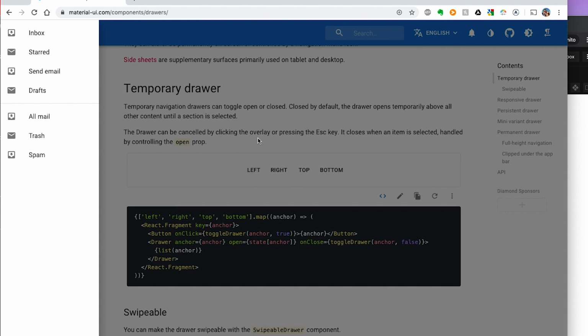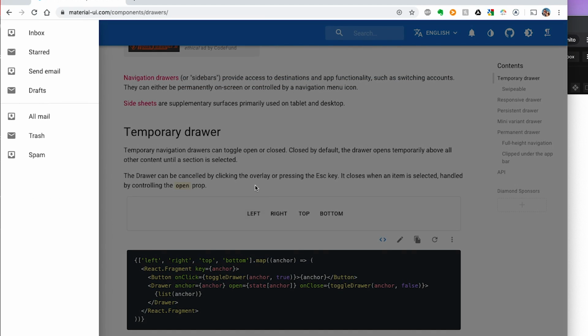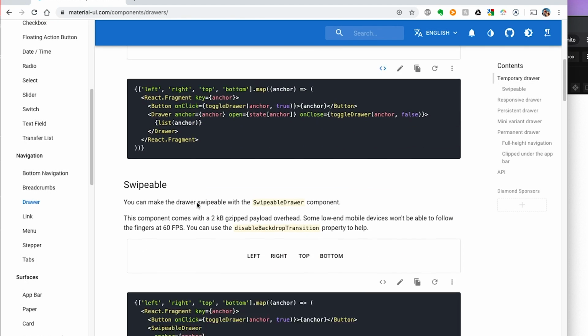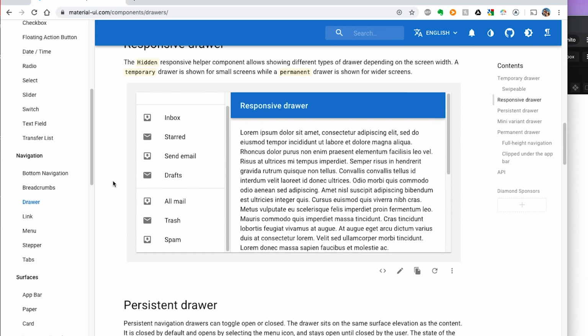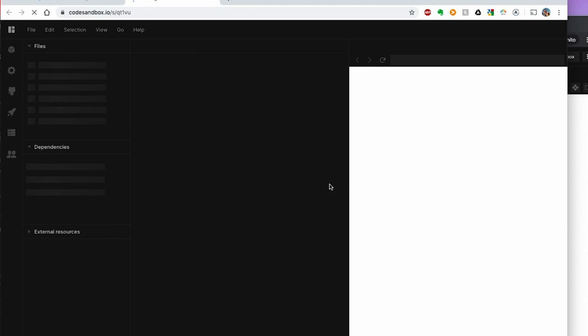So this is sort of the drawers. So we're going to look at the drawer component here. So this is really going to give you that menu. And if you go here, you could see this responsive drawer example. This is a really awesome example. So if we edit this in the code sandbox, I'm just going to show you what you get out of the box with this example, because I think it's a great starting point if you want to build out a